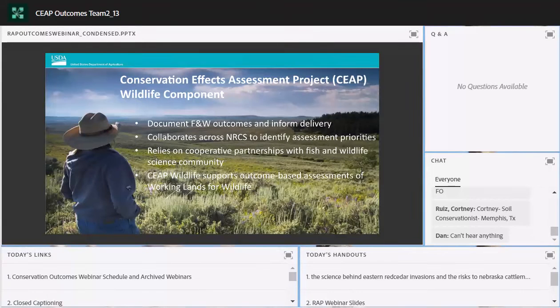Brady will start the presentation, but we'll also hear from Dr. Dirac Twidwell, rangeland ecologist at the University of Nebraska-Lincoln, who advises NRCS on grassland conservation in the Great Plains. He will share how RAP is being used to effectively target conservation actions, maximizing return on investments for wildlife, ranchers, and rural communities. Collectively, Brady and Dirac have published over 50 scientific papers to inform sagebrush and grassland conservation across the West. So now I'd like to turn it over to Dr. Allred to start the webinar. Brady, the floor is yours.